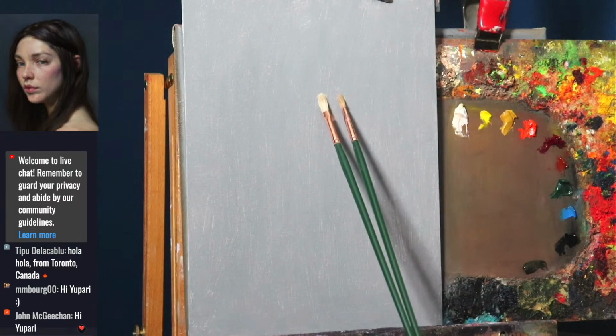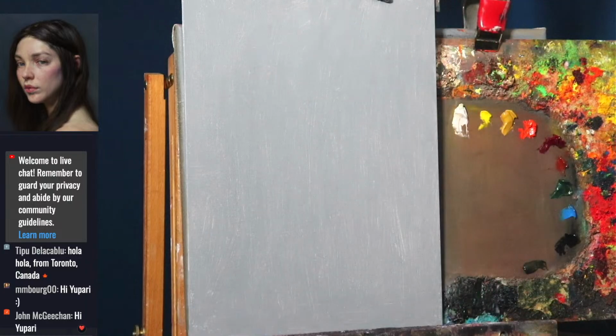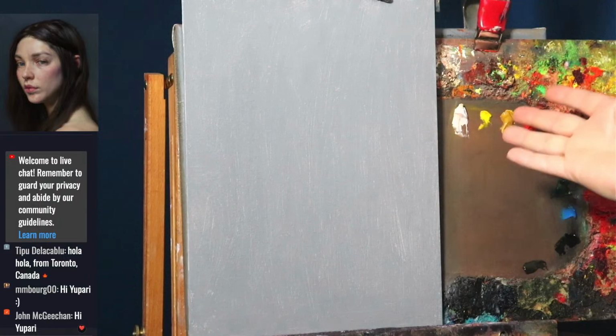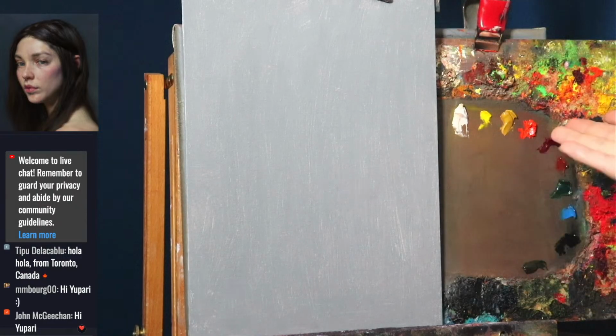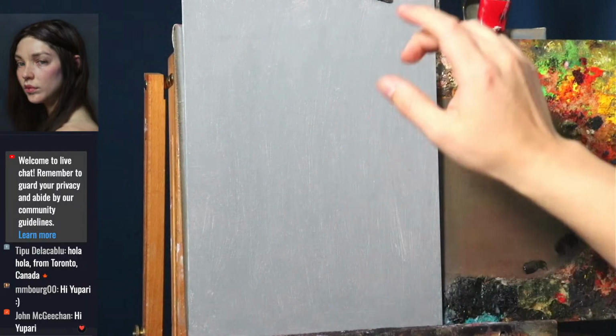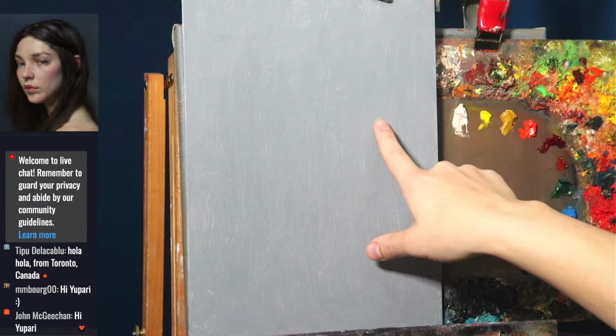What does old school mean? It means I'm going to be doing the entire thing with traditional oil paint, working with a wooden palette. I already told you the story of this palette. It's 14 years old. We're going to work on a gray toned cotton canvas, acrylic toned,